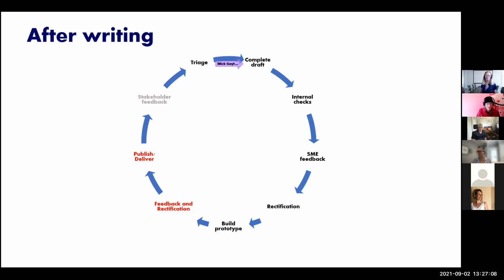So the 2 important things is that you want to minimize the amount of feedback that you get, and you reinforce to whoever's feeding back to you that you get one shot at it. So this SME gets the one shot at the draft stage to provide their feedback. They give you the exact wording so that you can change and rectify it, get sign off. You've got sign off, then you can go ahead and build. Because once you can then say at this point, well, look, you signed off on the SME feedback back there, and I've built it according to that, and we had agreed to have one.